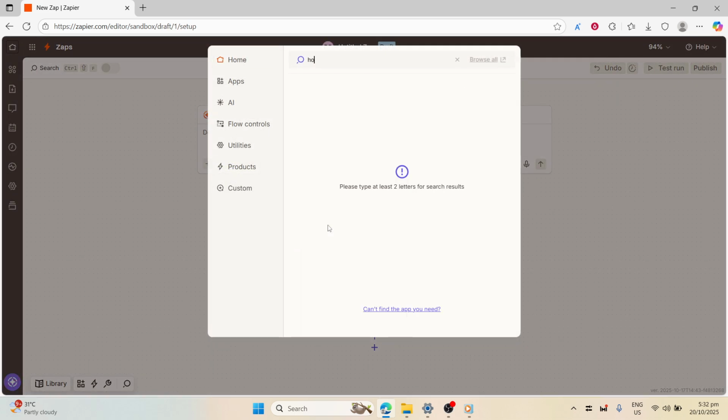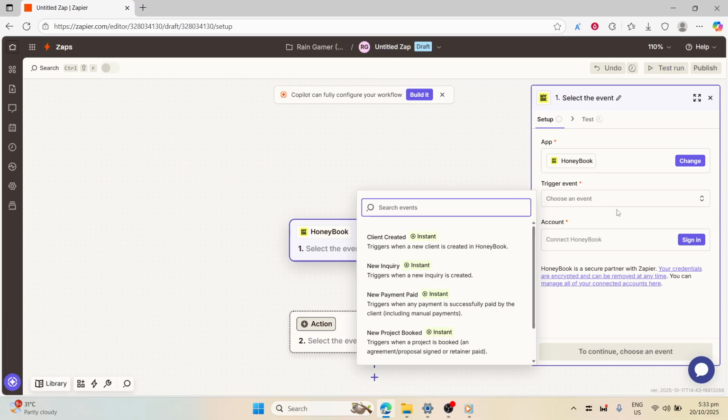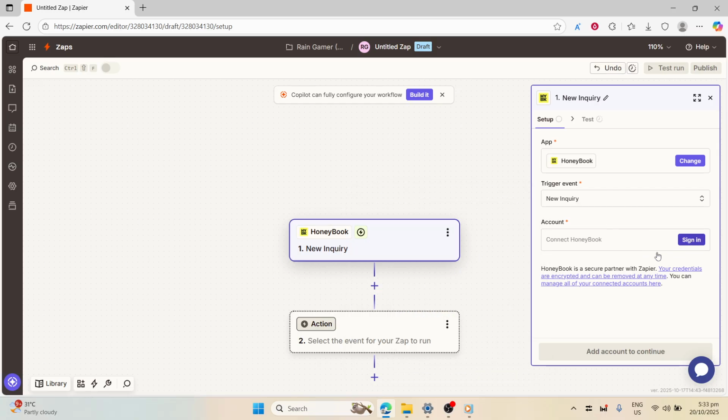Next, you'll need to set up the trigger for our Zap. In Zapier, a trigger is essentially an event that starts the automated workflow. For this tutorial, we'll be using HoneyBook as our trigger app. When you select HoneyBook, you'll have the option to set a trigger event. You can choose from options like new inquiry, new project, or new payment, depending on what you wish to sync to QuickBooks. For instance, if you want new projects in HoneyBook to create new invoices in QuickBooks, select new project